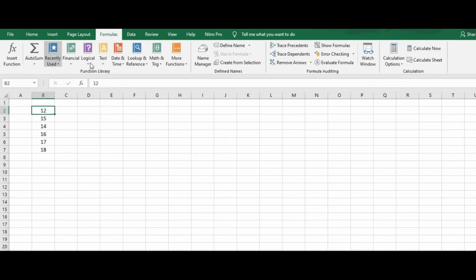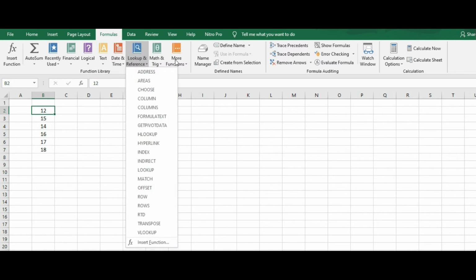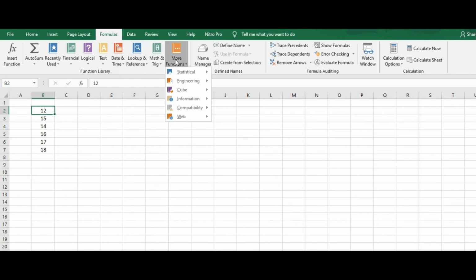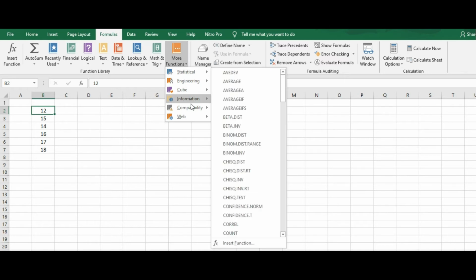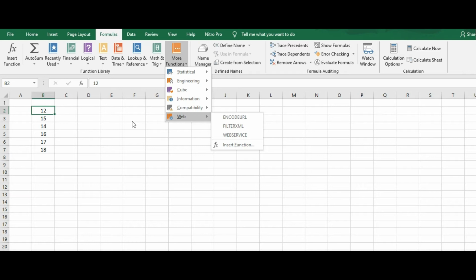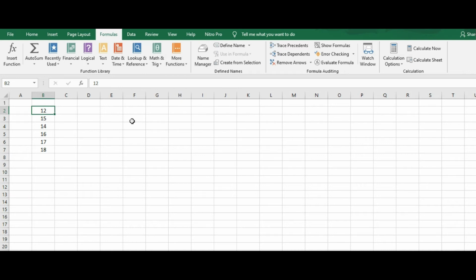So, as we see, Excel has a vast library of different built-in functions that are used to calculate mathematical operations as well as other trigonometrical, logical, and financial calculations. So we have all kinds of functions available in MS Excel to perform calculations. Now let's visualize this one.